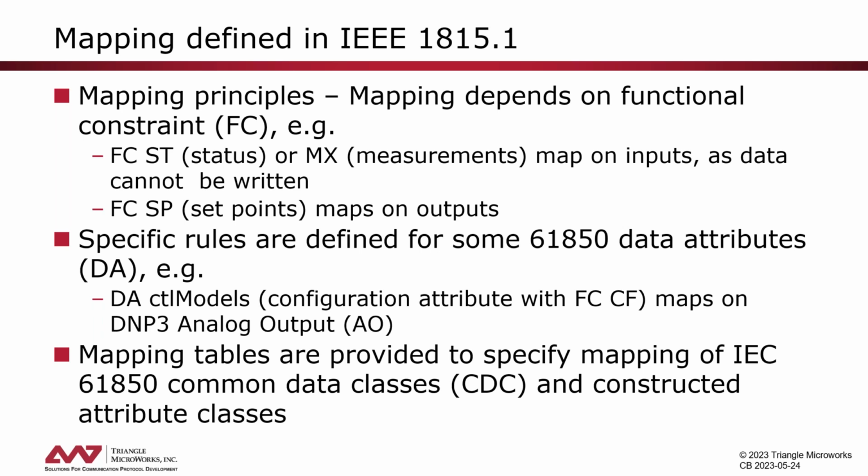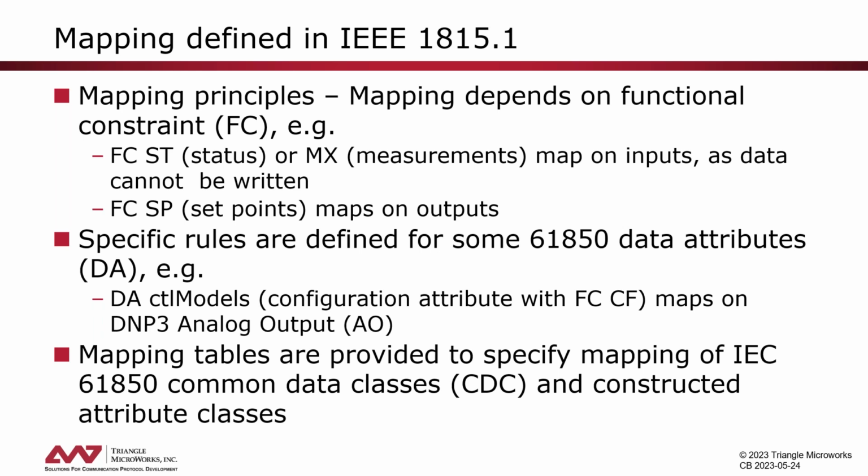As an example, enumeration attributes that we have, like the data attribute control model that we use to configure what control model we are using, like select before operate or direct operate. This is an enumeration, and this is defined to map on DNP3 analog output. The large part of this 1815.1 standard defines mapping tables that are provided to specify mapping on one side of